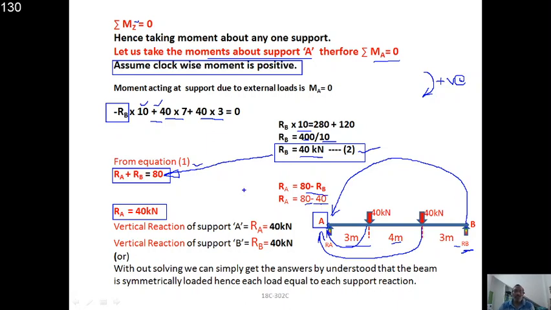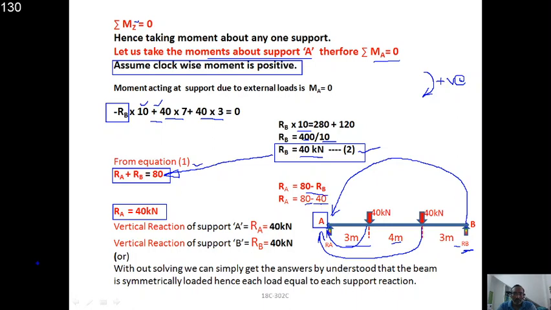So this is the solution procedure for the simply supported beam. Whereas for cantilever beams it is very easy, since you solve one reaction at a time, but for simply supported beams we need to solve two reactions. At a time you will not get the answer, so we have to get two equations, then solve them, then you will get the answers of RA and RB, right? So this is a good problem to understand in terms of symmetry also.